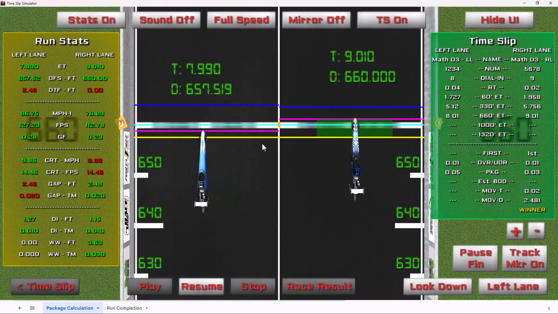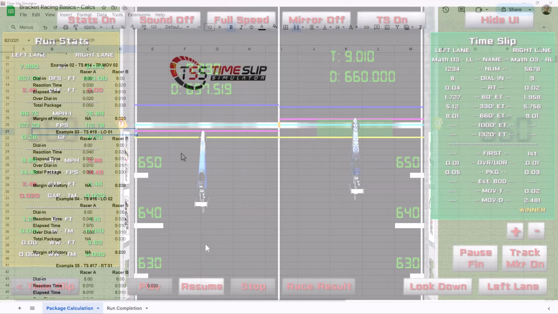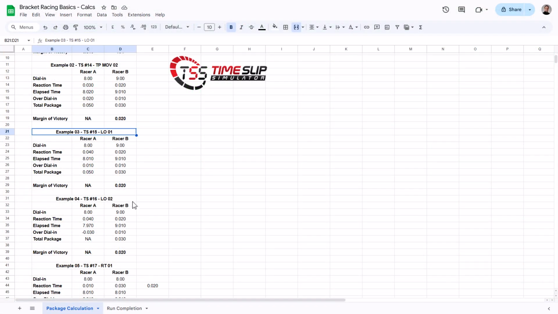And here you see that there's no way in this instance for racer A to be in front of racer B without breaking out. So this yellow line would have to be in front of the pink line here, which represents the dial-in. So there's no way that they could be here and not break out. Let's look at another example